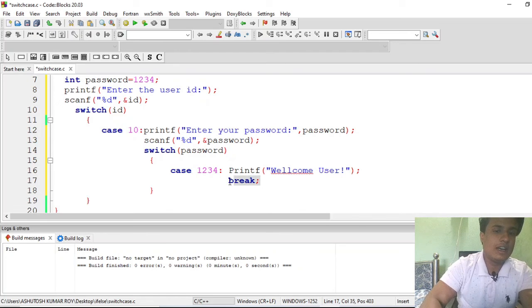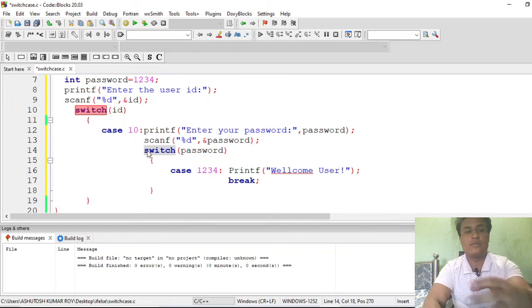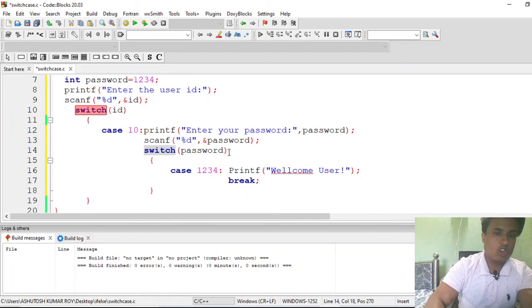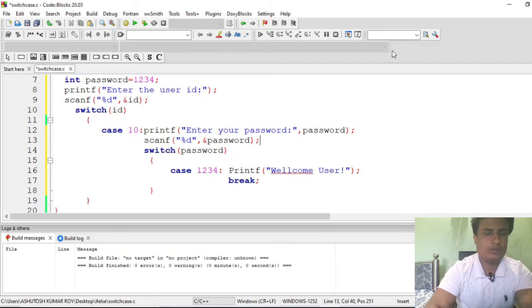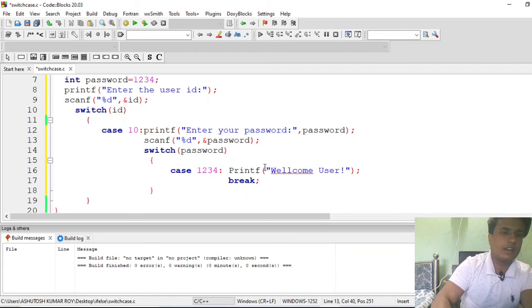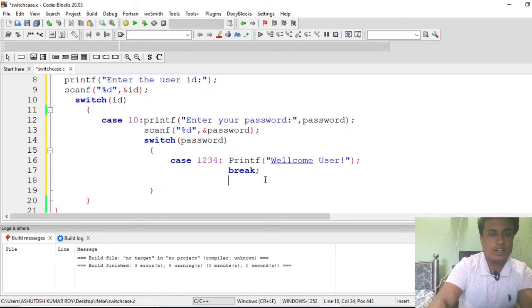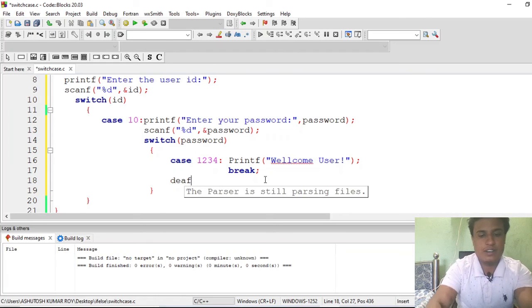Just remember that if I use break here, it will just move away from the inner switch case. Okay, so let me use break here also. No, don't use break here. Why? Because we have to break after this case. Now this case is not over. So now the default will be what? Otherwise, the else part. Think of it like else.